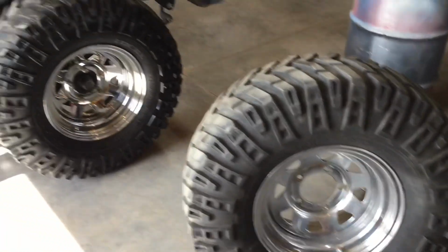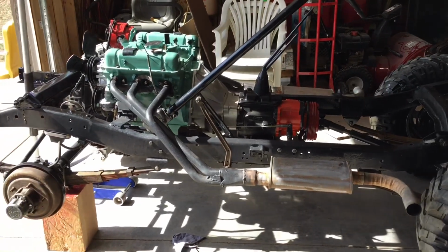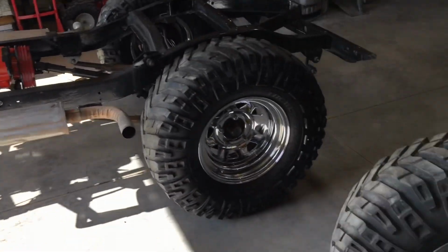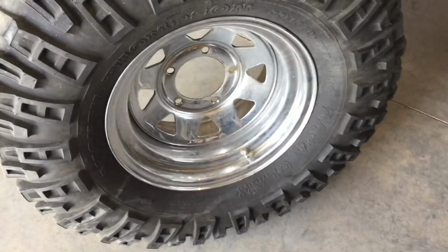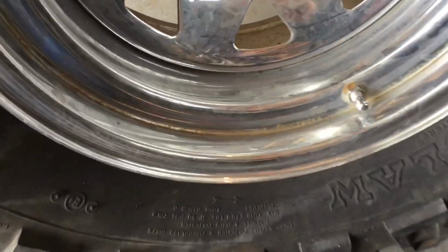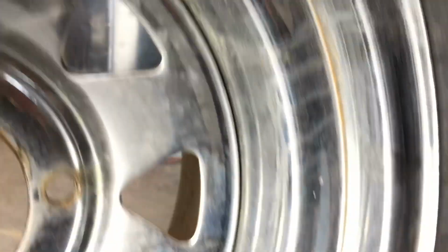Baja Claw tires off of the 62 CJ. And I'm going to show you a little before and after video. So these rims, they have some rust on them. Yeah, hopefully this turns out, you can see it. But basically,